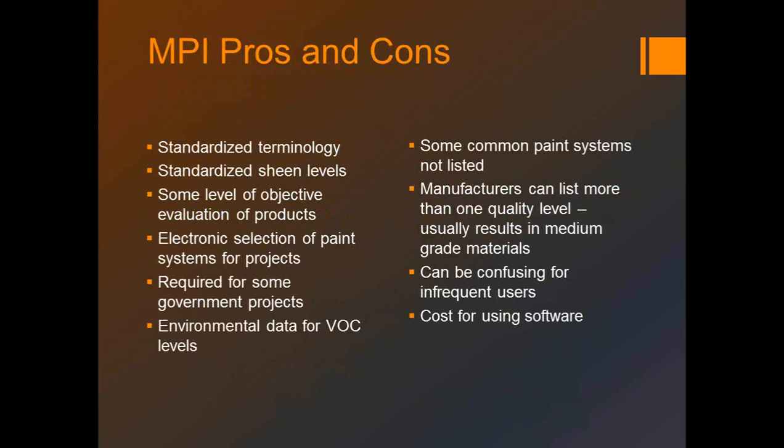It does give you some sort of objective standard to describe those things. And they do a certain level of objective evaluation of the individual products. Bubba and Tyrone in their garage may not be able to mix up a bucket of paint that will pass